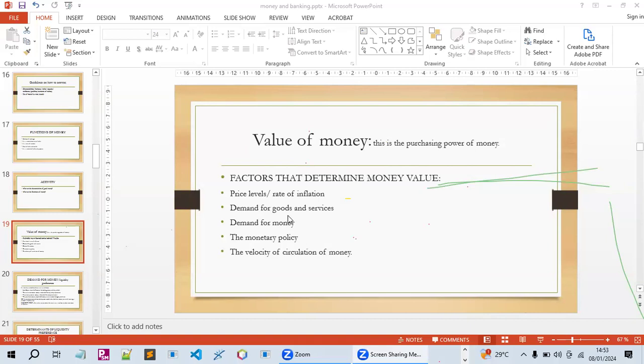But then for expansionary, when there is a high level of supply of money, it leads to excess demand of goods and services, since many people have lots of money, so there is an increase in the demand for the goods and services, and this leads to an increase in the general price levels. When there is an increase in demand, there is an automatic increase in the prices of goods and services by the suppliers to make profits. And this would lead to a fall in the value of money.